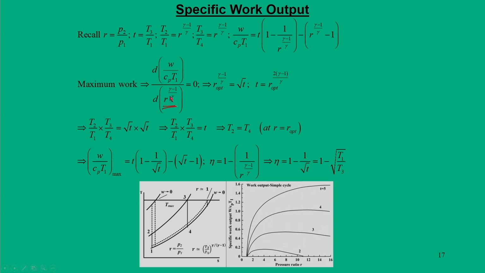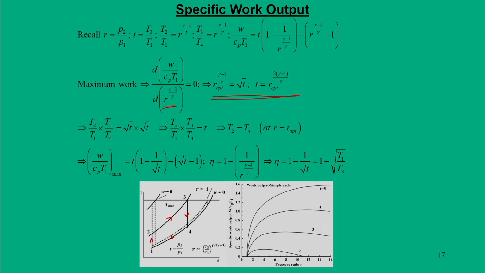So, when you differentiate with respect to this, we will find the condition for the optimum value of pressure ratio, the relation between the temperature ratio and the optimum pressure ratio, for which we can say T is equal to R optimum to the power twice gamma minus 1 by gamma. And when you put this in, we will note that this is nothing but the situation at which T2 is equal to T4. That means, when you recall this particular cycle, that is 1, 2, 3 and 4,